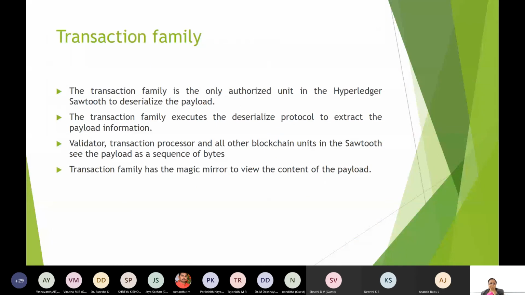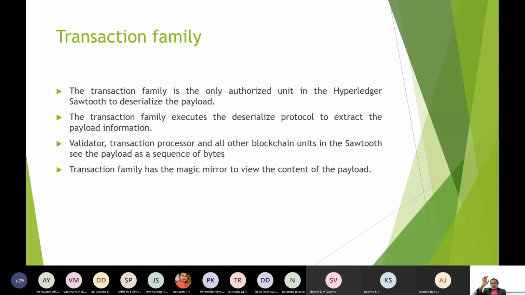Additionally, the transaction family is the only authorized unit in the Hyperledger Sawtooth to deserialize the payload. I told you deserialize, no? The transaction family, you know, is connecting to the outside world. It will deserialize the payload. The transaction family executes, right?